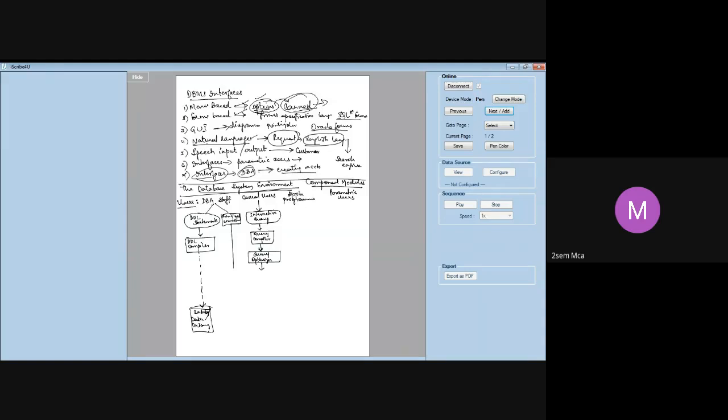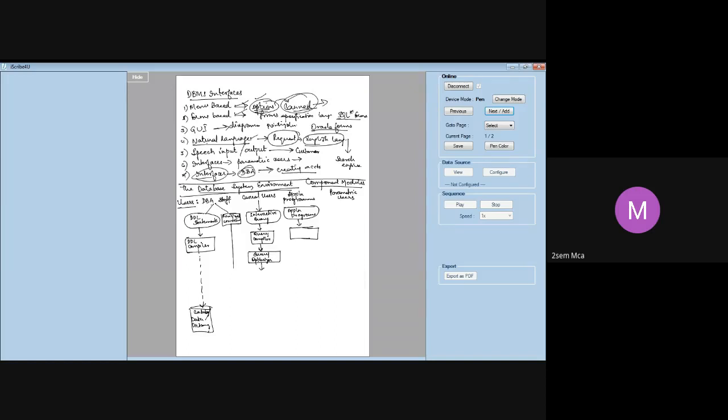Now, the next set of users are application programmers. What do they do? They write the application programs, obviously. Now, when he writes the application program, it will have embedded DML statements also. It will have the high-level language program statements also. For example, when I write a C program, in that C program I am going to embed some queries, some DML statements. DML statements are nothing but my queries.